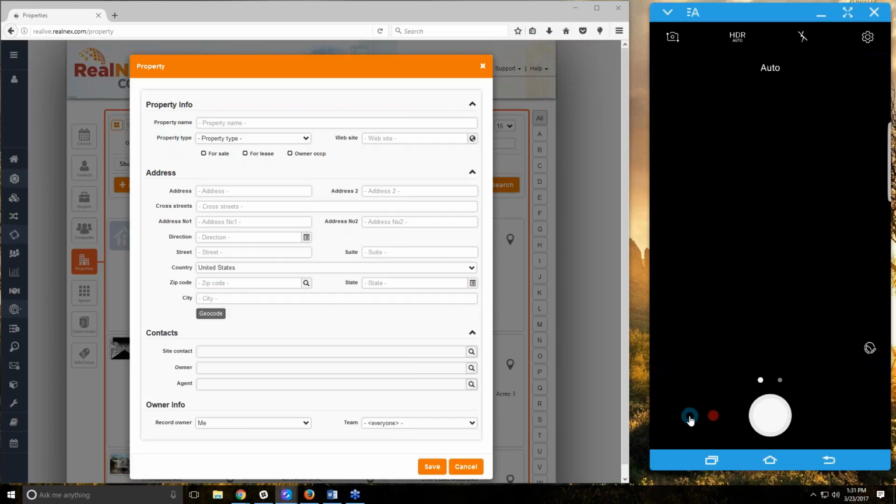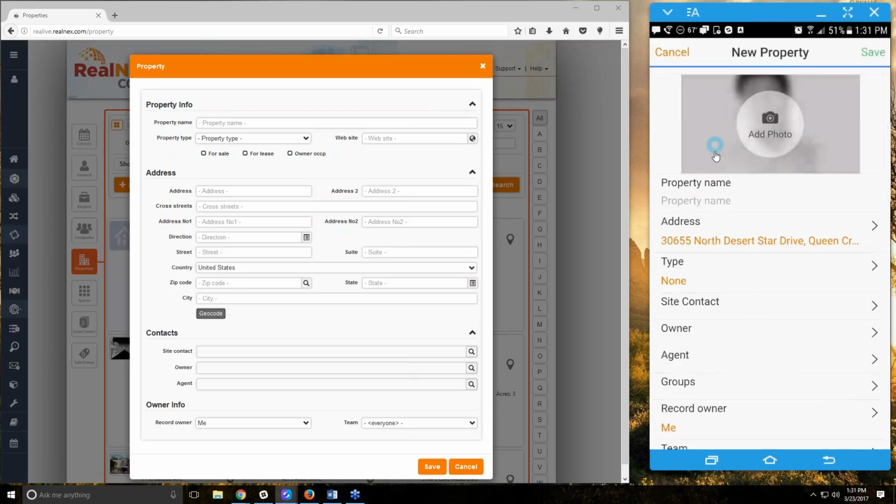It does not seem to pick up the camera, unfortunately, on the mirroring. I'll have to figure that out at another time, because that's kind of a cool function. While you're out in the field, you can add a property and add the photo directly from there. Whereas with the web version, you can add the information easily, but there's not quite as easy of a way to attach photos. So definitely score one for the mobile app version, and it shows that there are two different tools for similar jobs,